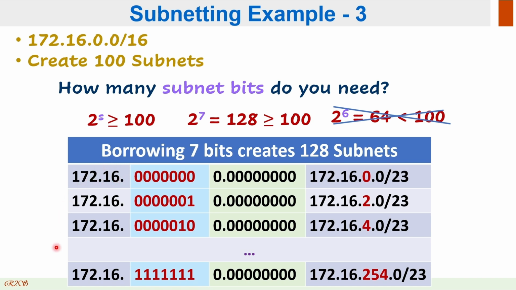172.16 is our initial network address, and on top of that we borrow 7 more bits from the host part. So 16 plus 7, which is 23. So the new prefix length is now 23. And now the number of subnets we can get is 2 to the power 7. So these all are the subnets: